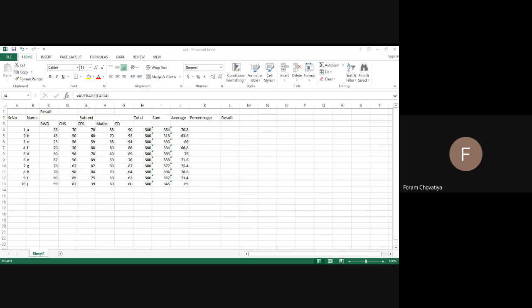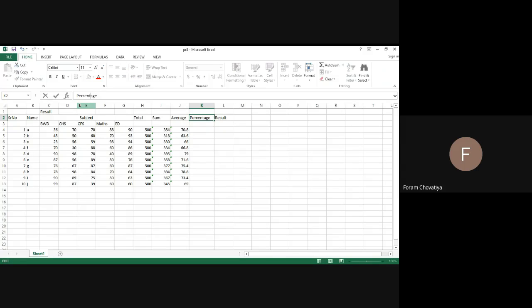How can we find a percentage? So what was the formula? You can use percentage in maths. In mathematics, you also use a percentage. So we have to apply the percentage formula.